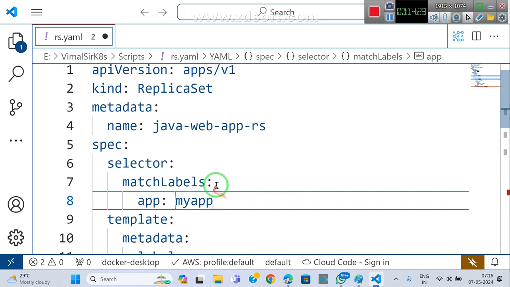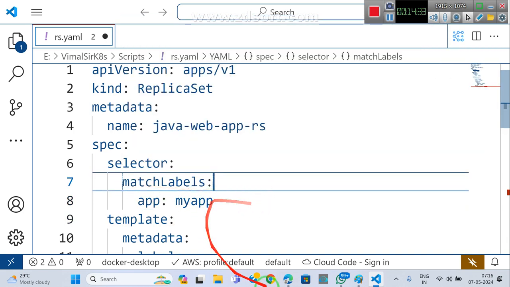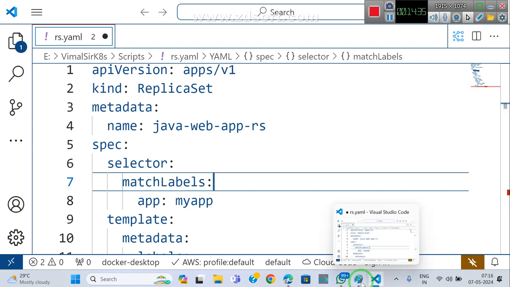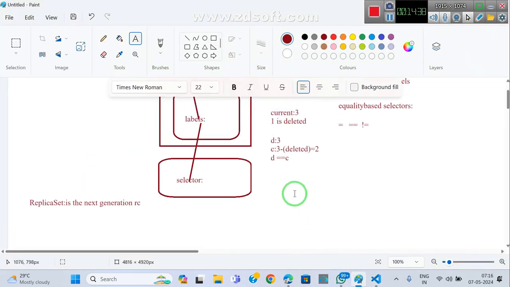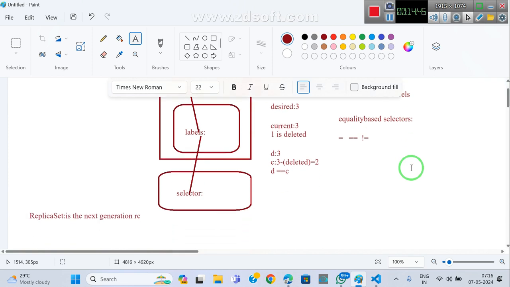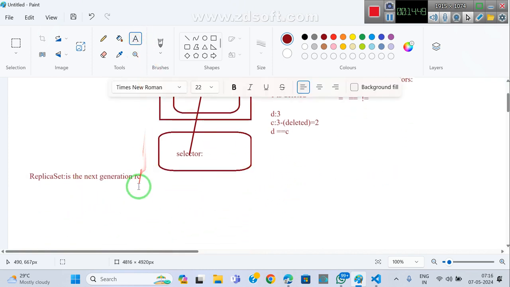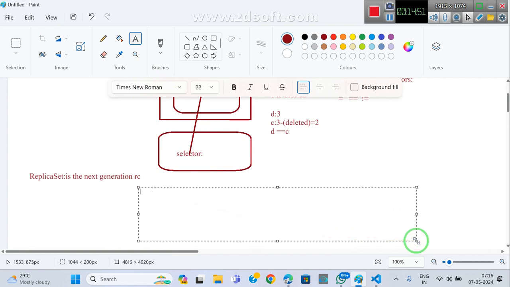I am placing my cursor. What is the new thing? Match labels. Now try to understand. Somewhere I explained something, right? I said selectors and labels, equality based selectors. Now understand what the replica set has that is special: not only selectors and labels, but also match labels